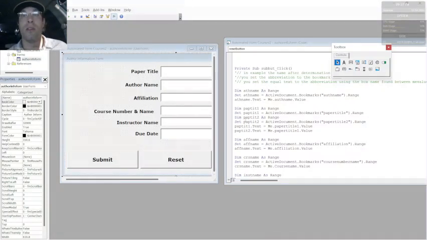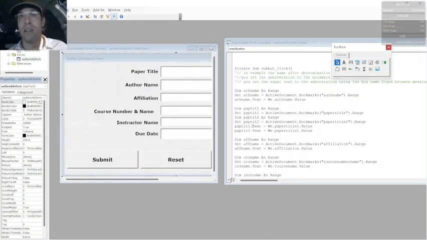And then we're also going to determine a variable made-up name, paper title 2, as range, and set paper title 2 as active document bookmark paper title 2, which is on the second page, so that determined variable is set to that one. And then we take those determined variables and we take that made up name